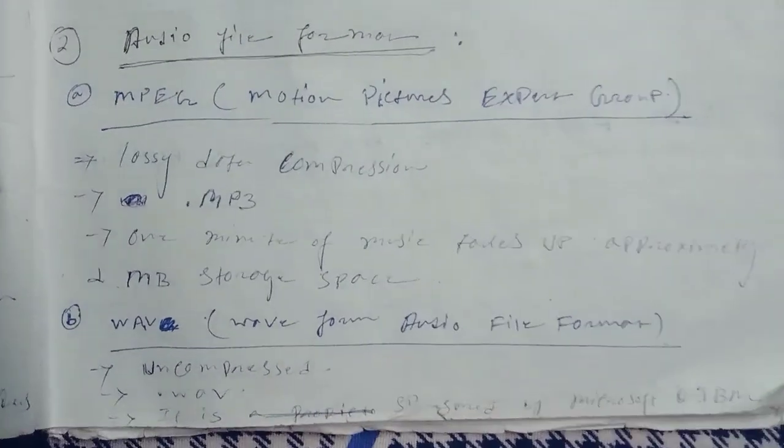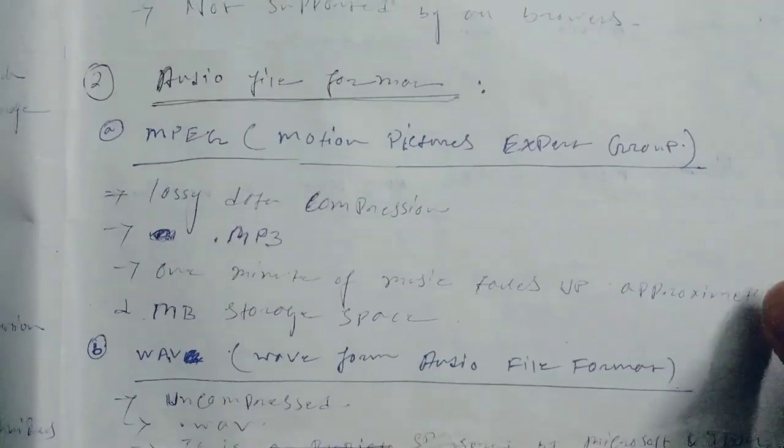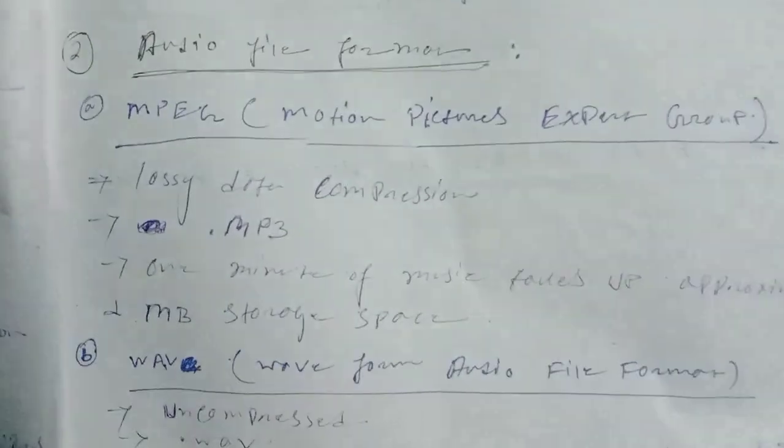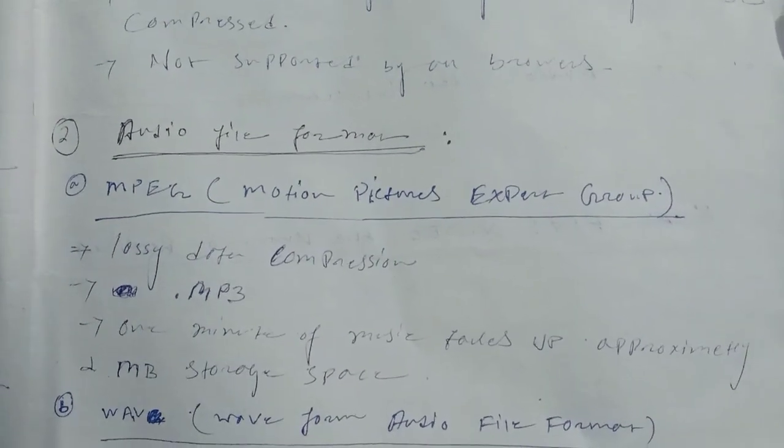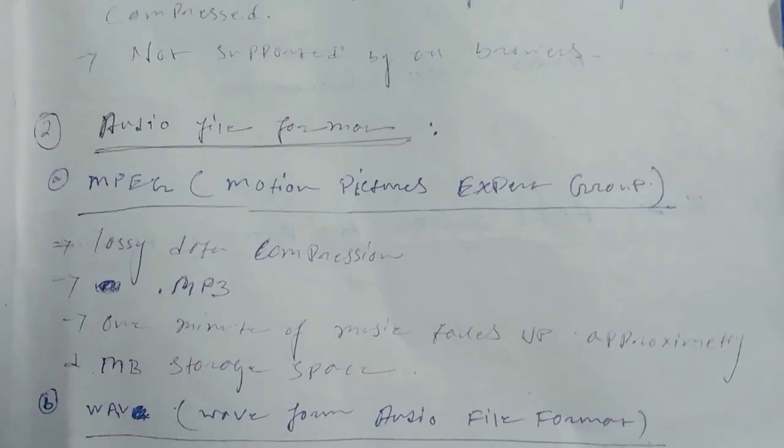And after image, we have audio file formats. In audio file format, we have MPEG, WAV, and MIDI. The three. Okay, so firstly, MPEG. MPEG is motion picture expert group. Sometimes you can say moving picture expert group, but the original is